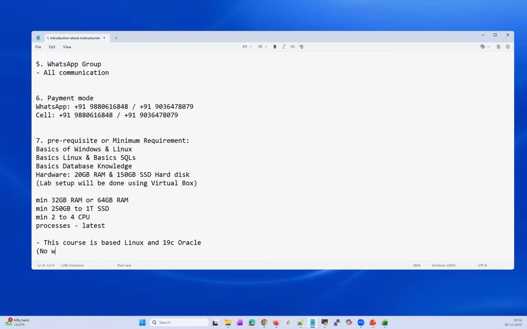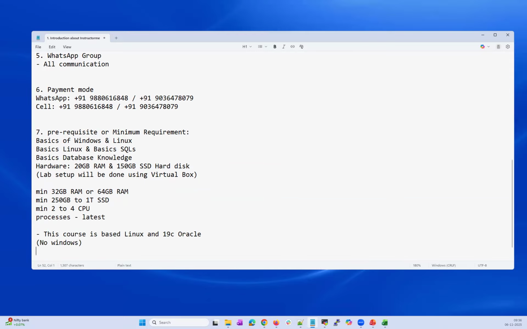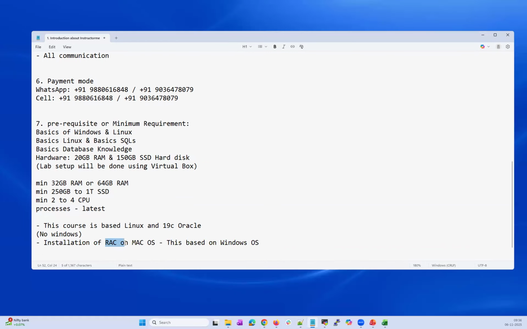We'll not be doing anything on Windows. We'll not be doing a Windows-based RAC installation. No, it's Linux based. So the installation will be of this RAC on Mac. This is based upon Windows. So this installation